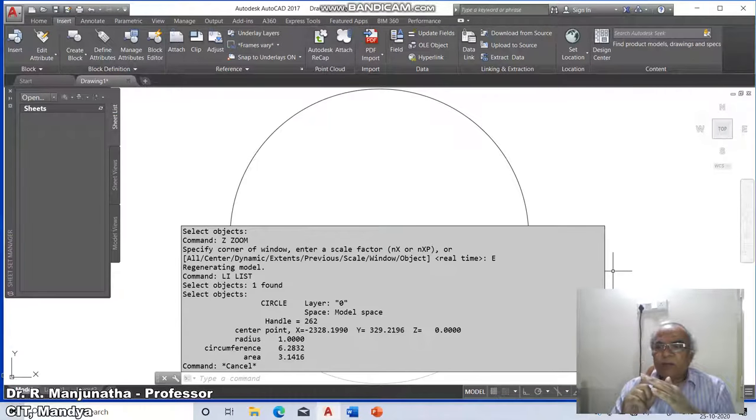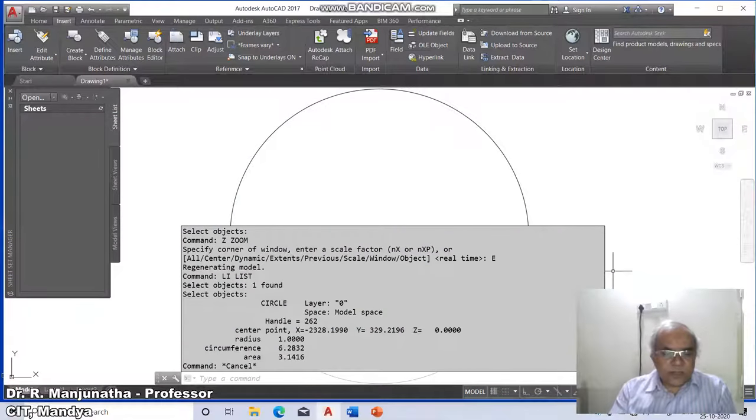The display command we can use is the zoom command, wherein we can use the zoom window option to bring in. If you want to go back, you use zoom previous. If you want to regenerate the drawing to the limits you set, you say zoom all. And if you want to zoom to the extent of the entities drawn, you use zoom extents. So these are the options to be used.